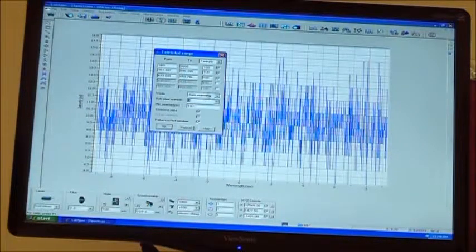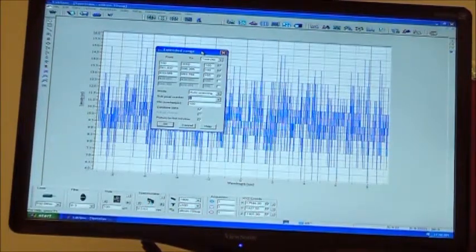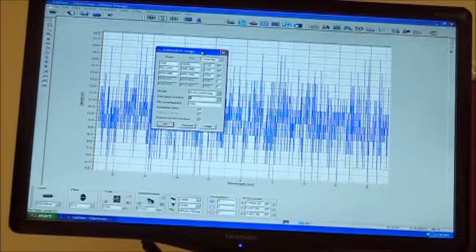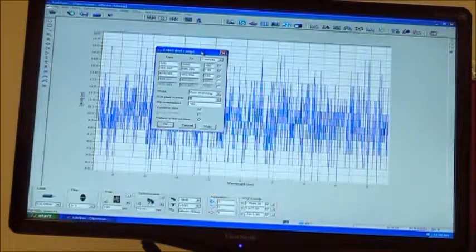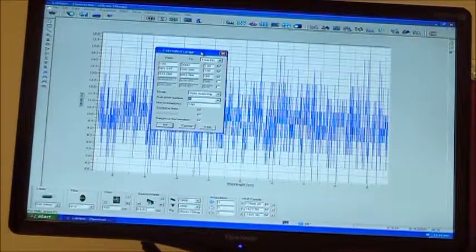So if you were doing a map, for example, like I say, it makes things longer. If you do just a regular map, like these guys were doing earlier, you just do a map of a grid, like 50 points by 50 points, 5 seconds a point. The map can take 10 hours. If you need a longer scan, if you do a multi-window, now your map takes 15 hours. Or if you set to auto scanning and a sub-pixel rating of 4, your map now takes 24 hours. Then if you set in the autofocus with that too, your map now takes 27 hours. And it keeps building and building and